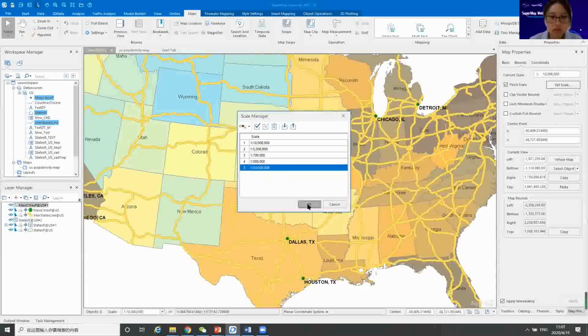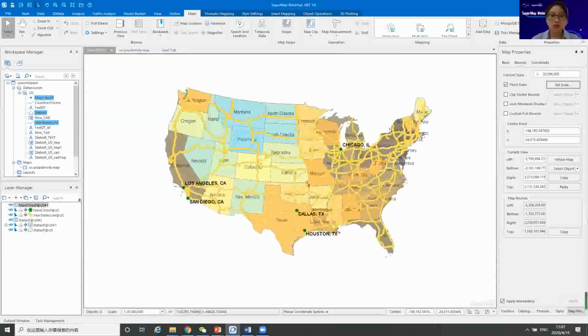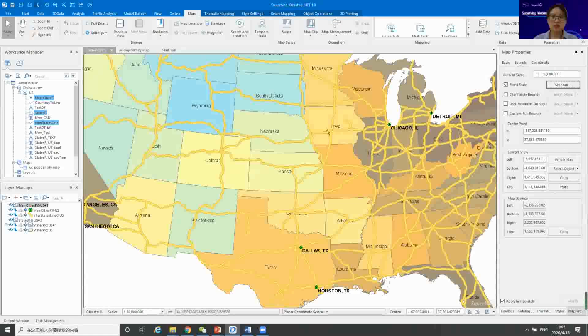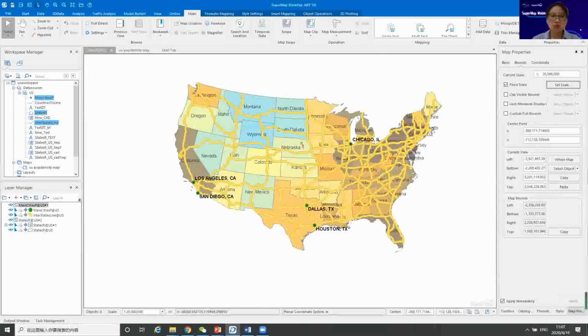Then here we can zoom out again, so we can set a property scale for the whole map, and we also can set a scale for each layer. So just like this, we don't want to display the road at this level. So here we can